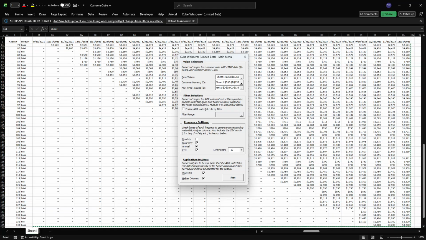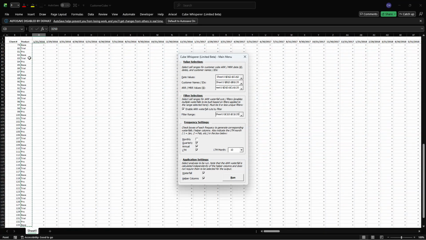So this is an optional aspect of the menu, but if we want to do not only our total ARR waterfall, but also do cuts for one filter for now, we can select that here. So let's go ahead and enable and go over here. We'd like to generate an ARR waterfall for each one of our product types. So we're going to select this range here, and it'll automatically generate ARR waterfalls once we run the program for